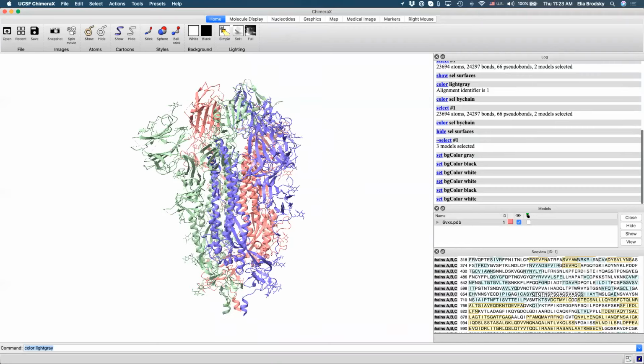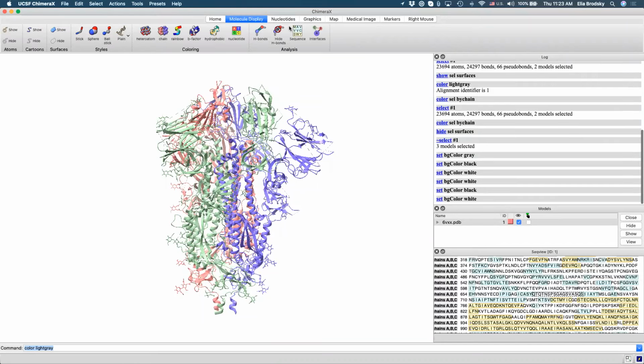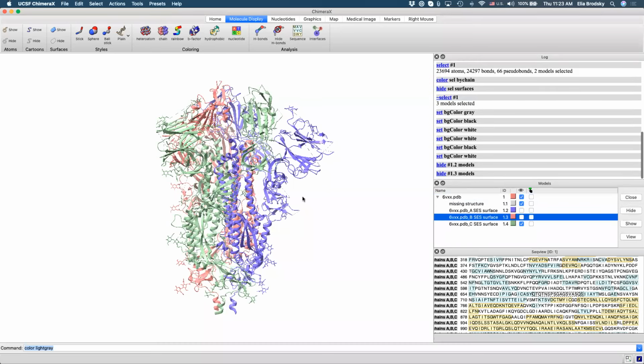Okay, so if you open this up just like me, you'll have a button here called sequence. So that will help you see the actual sequence, and you'll see here chains A, B, and C. You can also open up this little window right here that tells you about the 3 different models, right? So here is just,